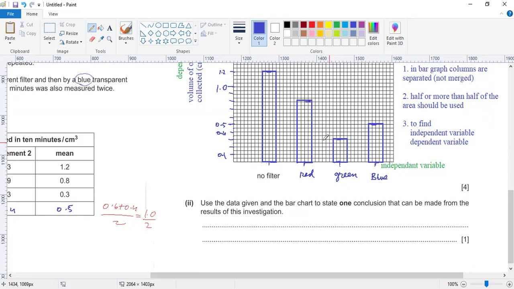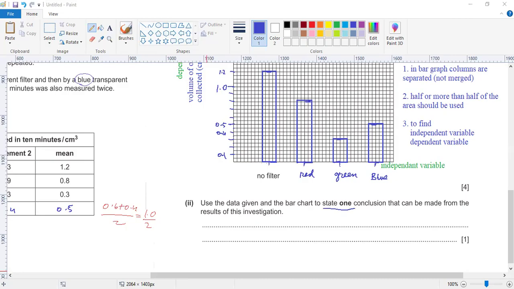And if we look among the individual colors, then red is more effective as compared to the other two colors, and green light is the least effective. So the main colors that a plant absorbs are red and blue. There are many conclusions that can be obtained from there, but they have asked to state only one. So we can write that